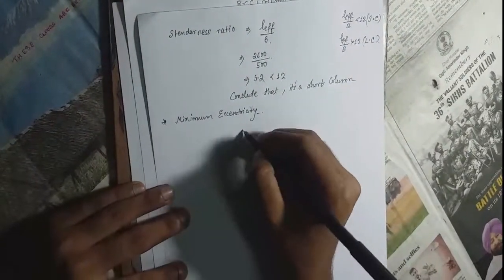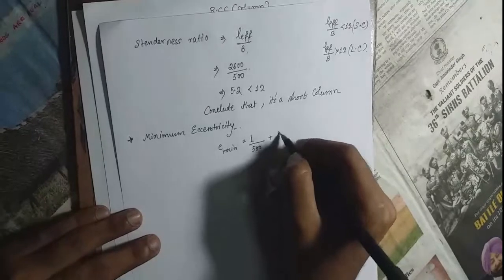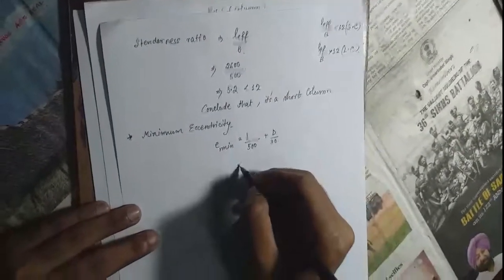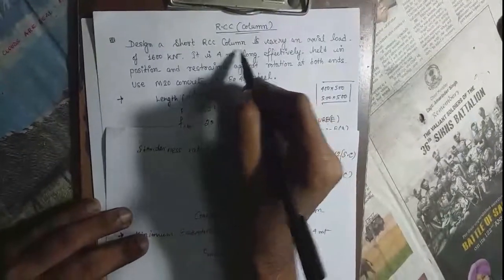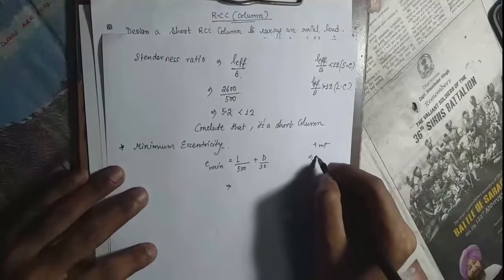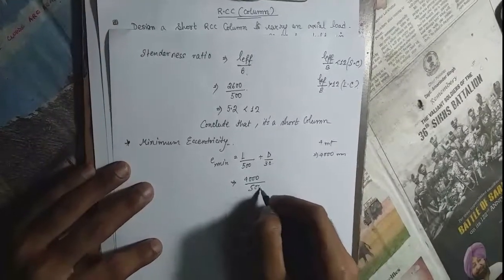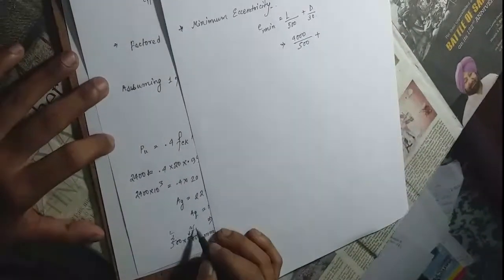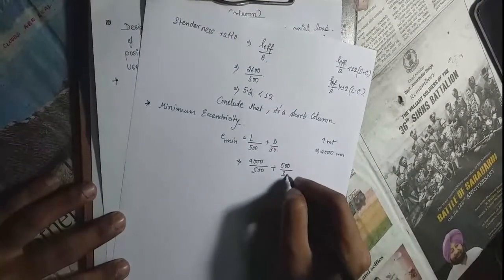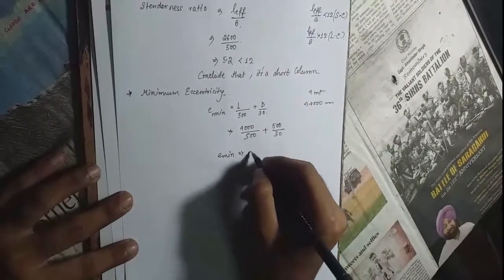The minimum eccentricity, that is E minimum, and we all know the formula, that is given by L by 500 plus D by 30. Now, not the effective length, the original length of this 4 meter long column, so we can write it as 4000 mm, so we take it as 4000 by 500. Now D, what is D? D is this length, breadth or depth, you can conclude it is breadth or depth. So this is the depth, 500 by 500, so 500 by 30. If we do this calculation, then we get minimum eccentricity as